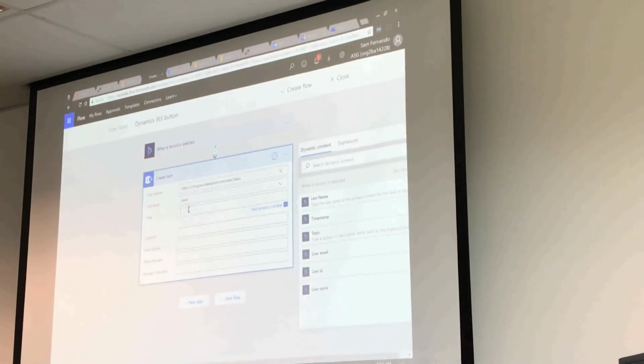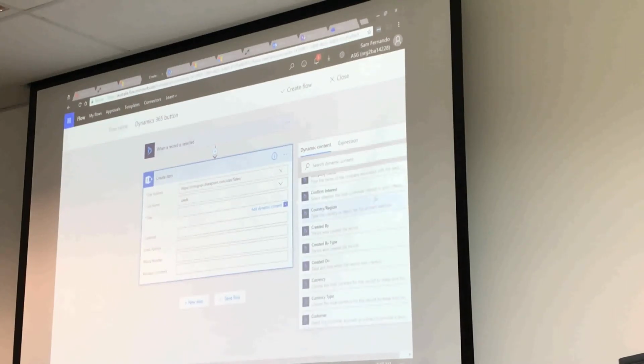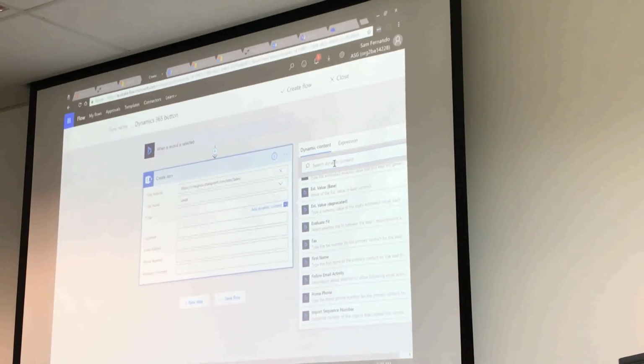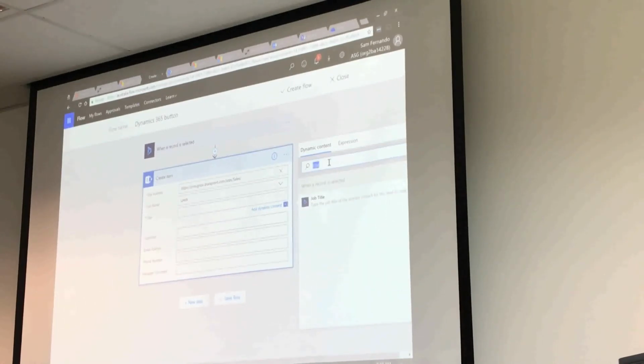As soon as I click on the field, it gives me the parameters from Dynamics. So this gives me really simple things like last name, timestamp, but that's not the full list. I can click on See More, and that gives me the full fields list out of a lead. So for this instance, I just need the title, I think the topic,